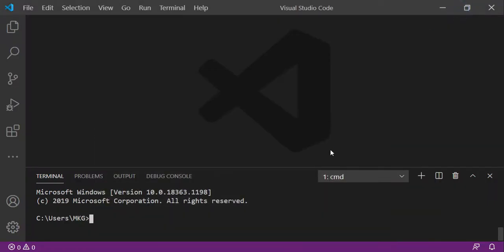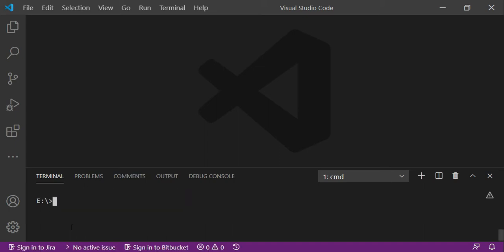Okay, so let us open the terminal of this Visual Studio Code. Okay, so from this we have to change our path. Okay, so on E drive, in the college work directory, we have created our project directory. So let us enter in college work. So cd college work. Okay, and then within this college work directory I have created React AWS. Okay, so let us enter in that directory. Okay, you can use CLS.